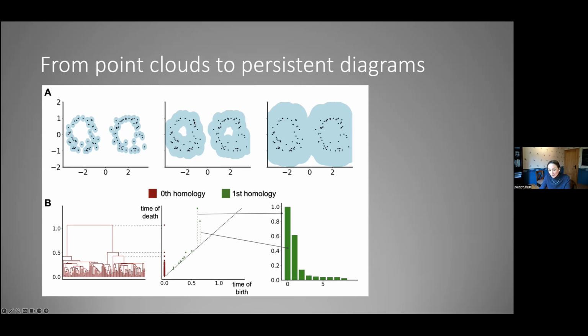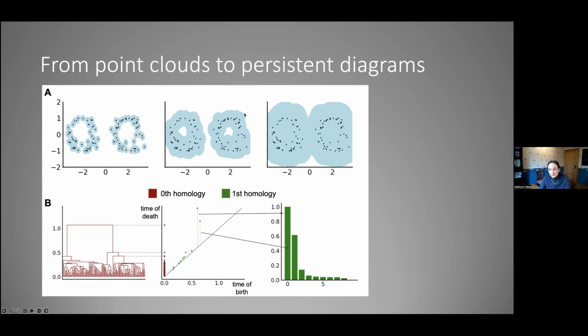If the radius is quite a bit bigger, then you say, oh yeah, here we have these 2 annulus structures, so 2 circular structures. And then when the radii have grown even more, the hole in the middle is filled in and the 2 blobs have joined together. When looking at a picture like this, there are 2 things you could look at. You could look, for example, at how many different connected components you have. That's what's being counted here with these red dots, which correspond to the dendrogram: how many connected components do you have and at what radius do they all join together.